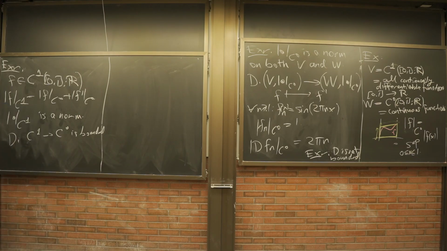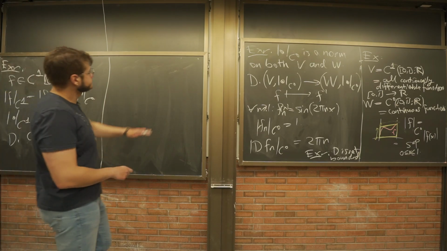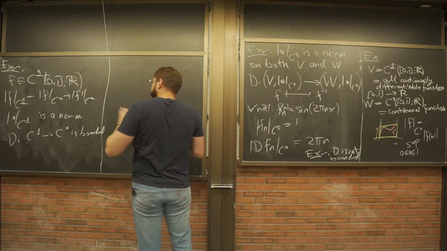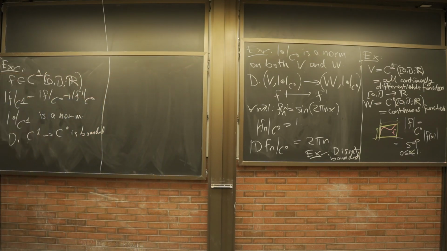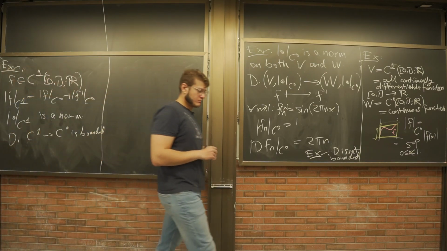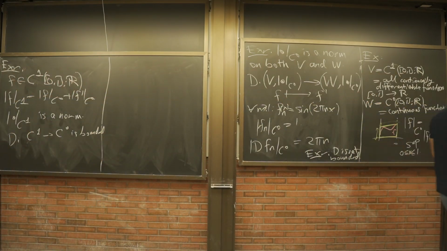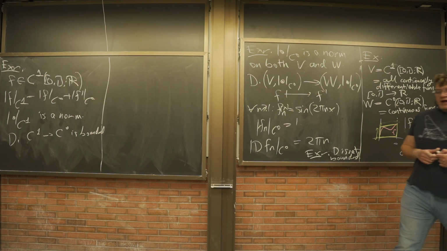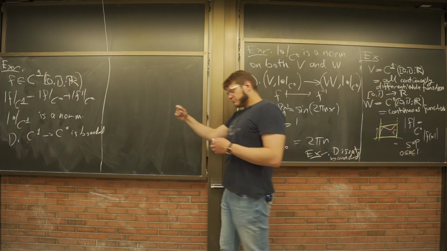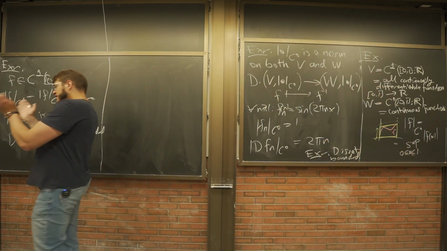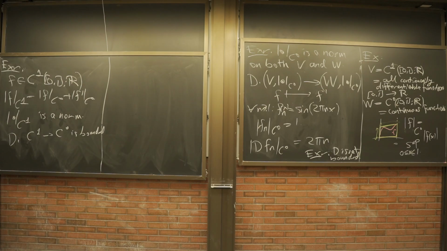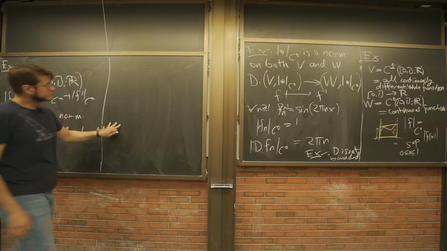Okay, so that's that. An example. So now I want to define certain things. Now I'm going to set aside this structure of a norm, this notion of a magnitude that you get to use for vectors, and switch over to what are called inner products. Norms are about magnitudes. The way you should think about it is inner products are about angles. So it's something stronger we're going to see. So definition,